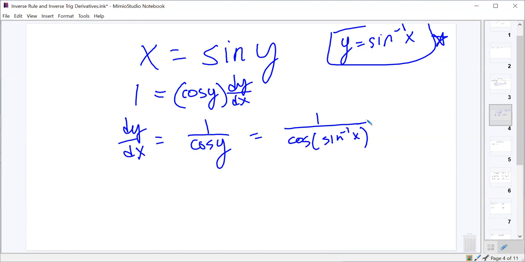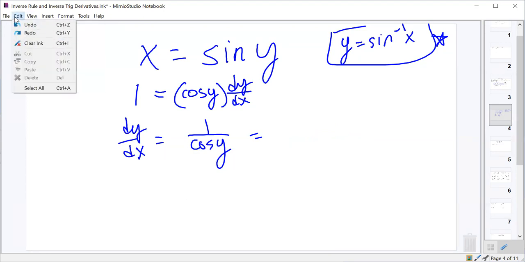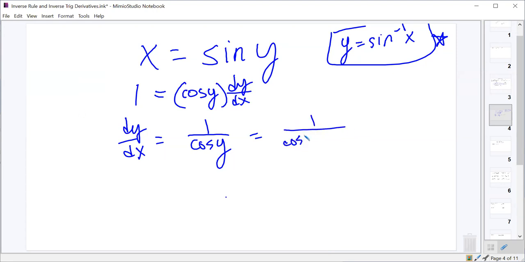I mean, how many of you like to deal with a cosine of the inverse sine of something as your derivative? Probably none of you. I'm going to go with none of you. So let's see if we can find a way to get rid of the trig functions completely. It's going to take a couple of steps here. Or in fact, let's go back to what you guys had, since you guys did that first step. You have 1 over cosine of the inverse sine of x. What does the inverse sine of x